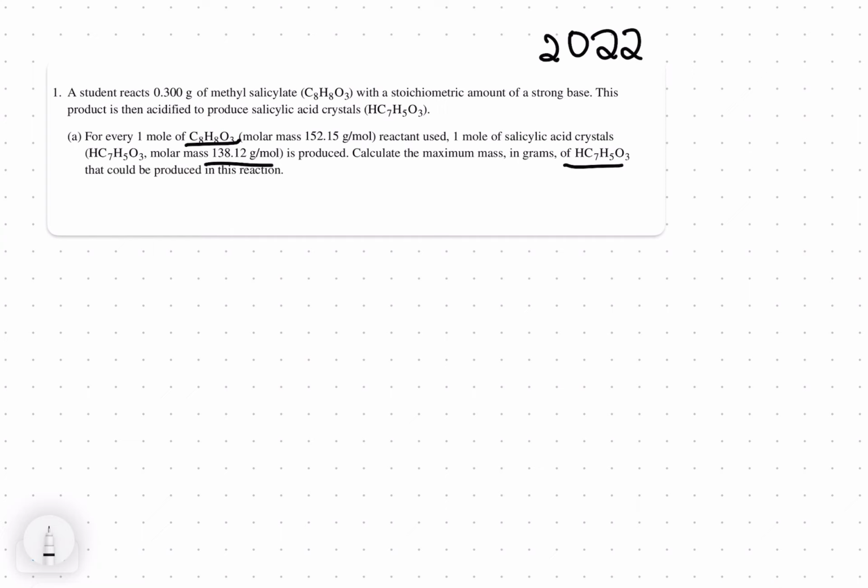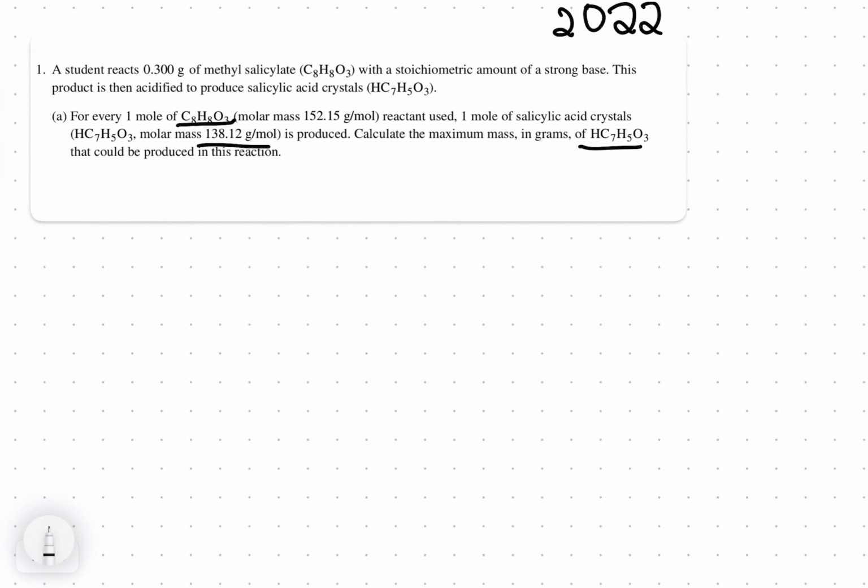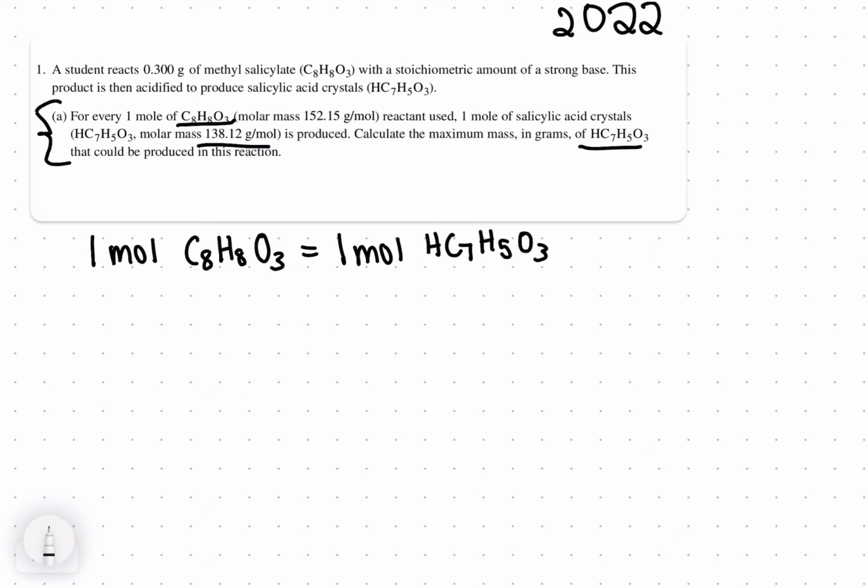So we're already given an equivalent statement here. It sounds a little complicated, but it's really not. So we're saying for every 1 mole of C8H8O3, we will have 1 mole of HC7H5O3. And that's all from this part here. So now it's asked us to find the maximum mass in grams that can be produced in this reaction. So let's look back up here. So we see a student reacts 0.30 grams of methyl salicylate, and then we're trying to get it into the grams of the crystals, right? So let's start off with this